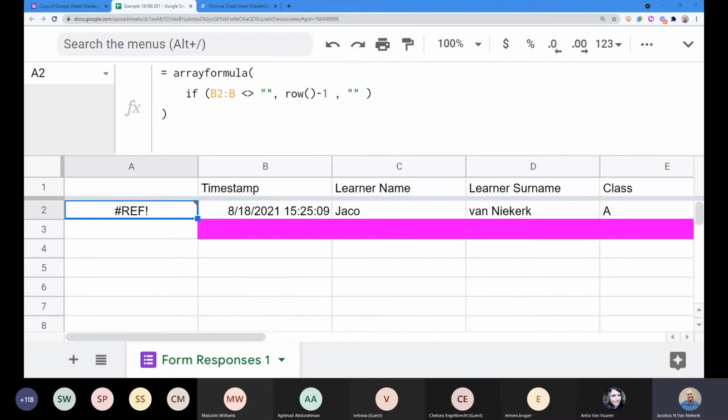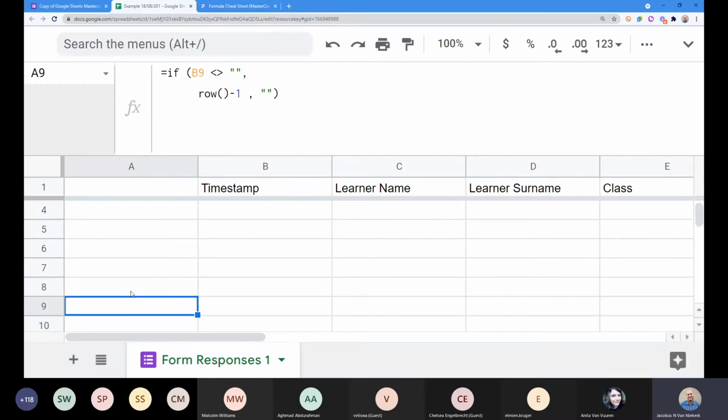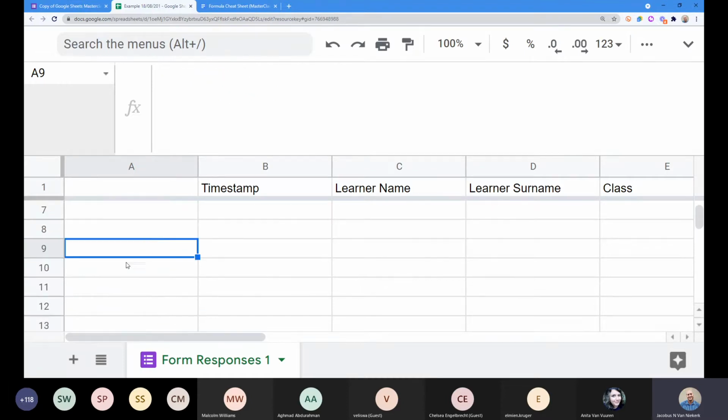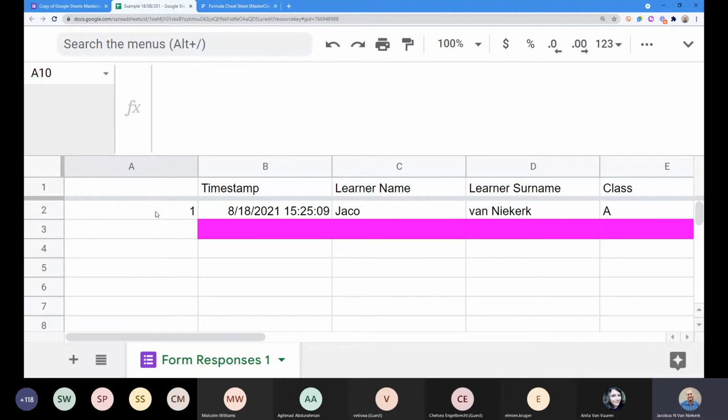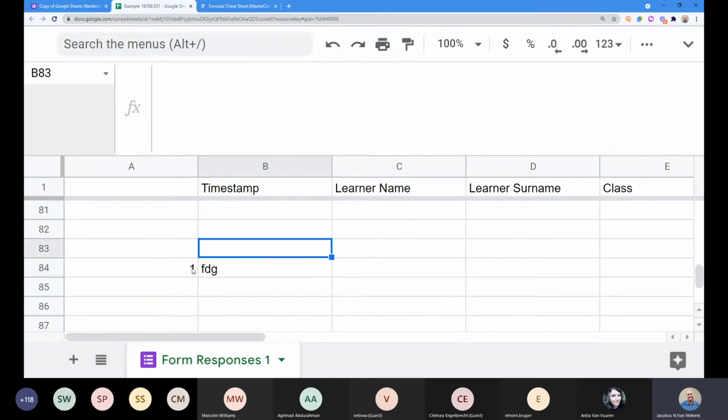It's trying to write information, but it's not managing to write the information because something has been put in there. Now, you'll remember, we actually copied this formula all the way down to row 10. So it's seeing the formula and it says, but I can't write anything because there's a formula in the way. So let's just quickly take that away and you'll see, there we go, it's generating. Now I can scroll all the way down to row 84 and I can type something and,